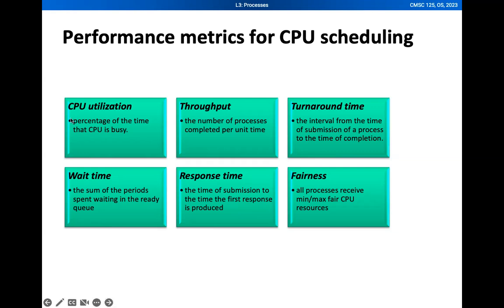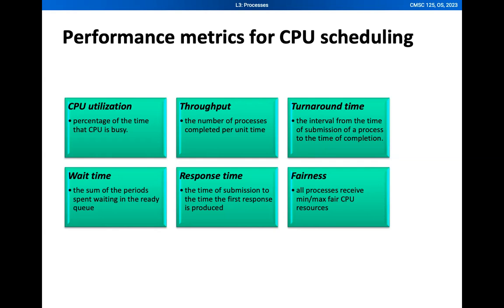How about the throughput? The throughput is the number of processes that are completed per unit time. Imagine that there is only one application running, and it can only complete one process. Would that be ideal? Compared to when there are a lot of applications opened and all of these applications are also running fairly